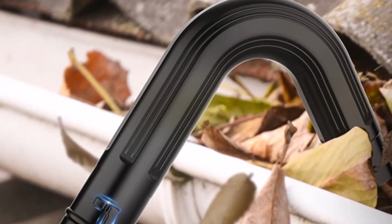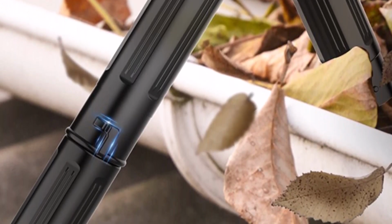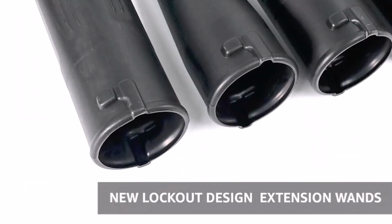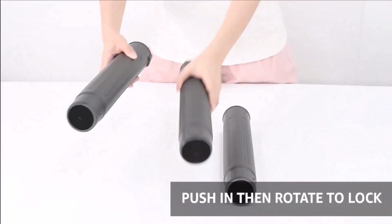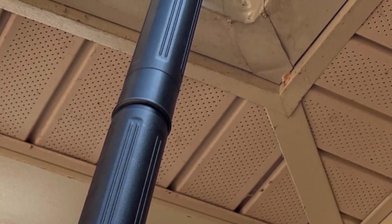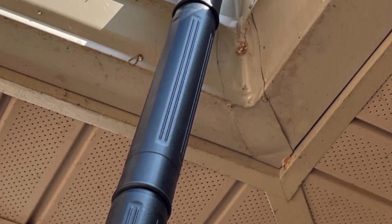universal stretch connectors, extending compatibility to vacuums slightly under that size. This thoughtful addition ensures that more users can adapt their existing shop vacuums for gutter cleaning. An upgraded lockout connection design makes this tool even more reliable. It provides a stable, secure fit that holds firm during use, preventing the tool from disconnecting when blasting through tough